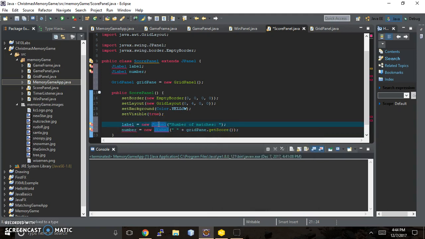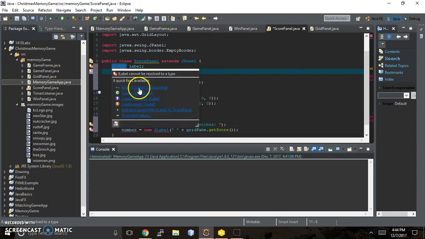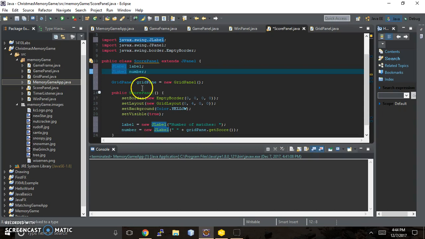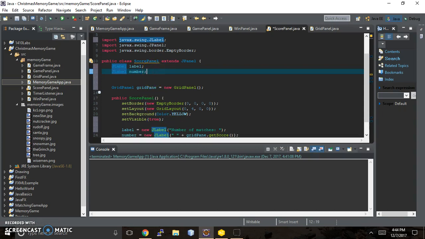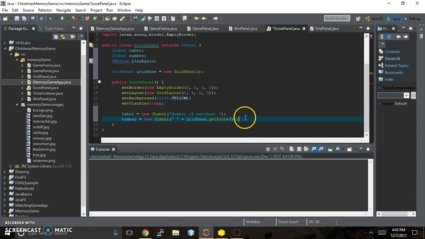So let me just go to JLabel, and we want to import it. Let me hover over it and it'll say import. Okay, perfect. And then all we have to do is add our J button for the play again. So we'll come down here and we'll say play again equals new J button, and the text we want on that is play again,